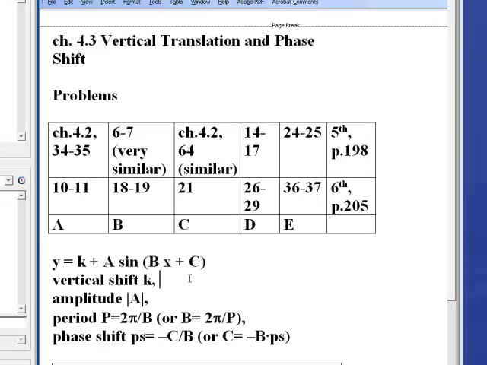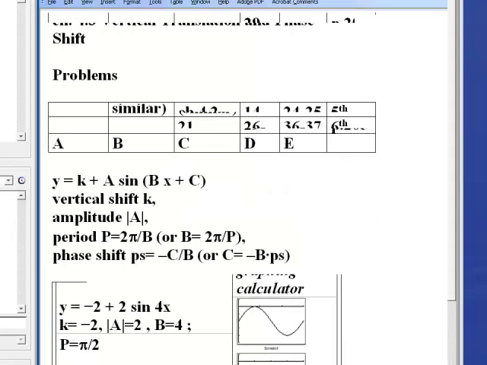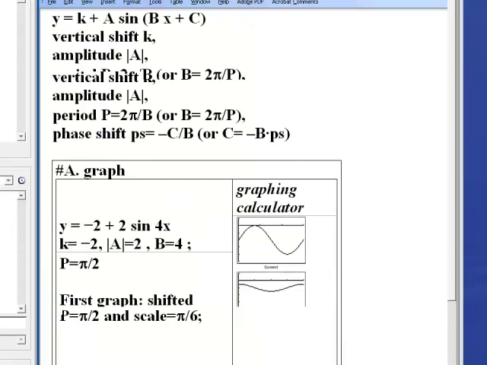Welcome to this problem session for vertical translation and phase shift. As you can see, we're going to do a number of problems, a total of apparently 9 categorized in 5 groups here. So the first one says,